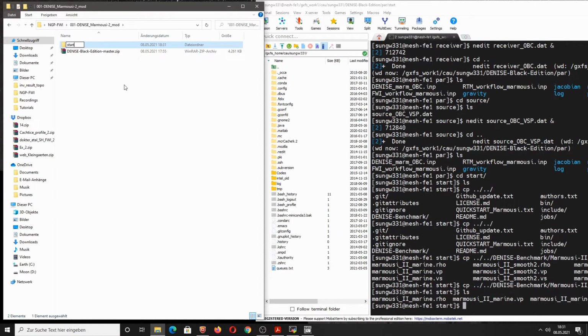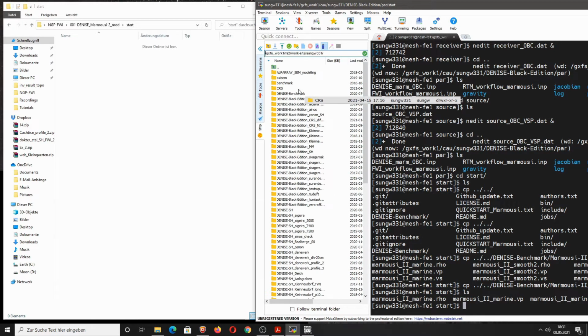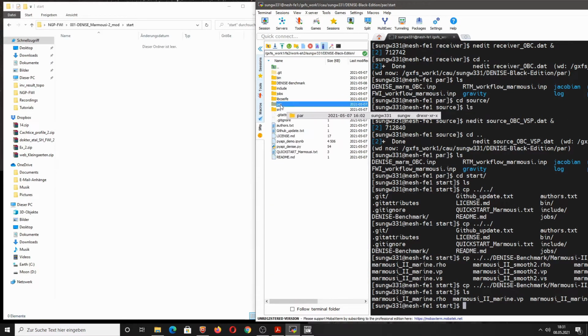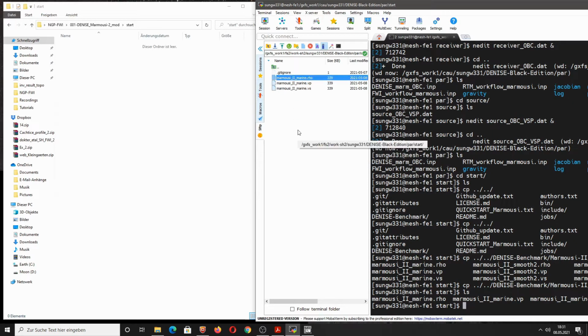So I'm creating here also a start directory where I will now simply copy the models from the NEC cluster. So we go onto the work directory again, then into Denise Black Edition, par and start, and here I simply copy these 3 models.